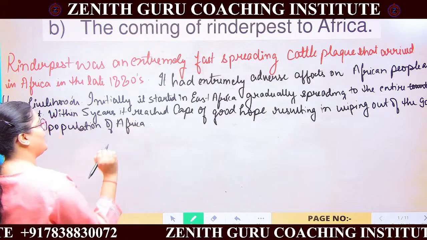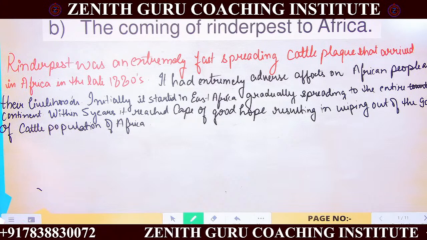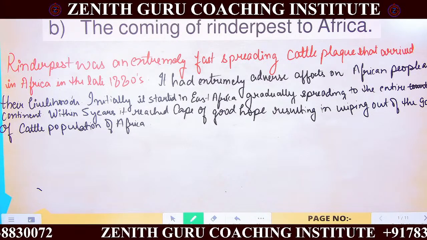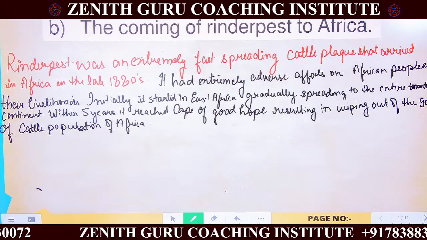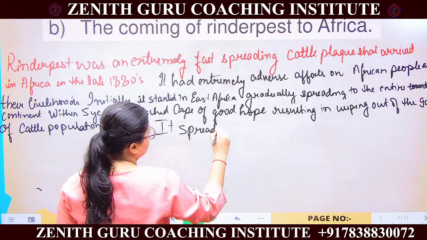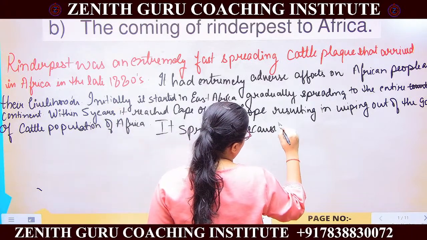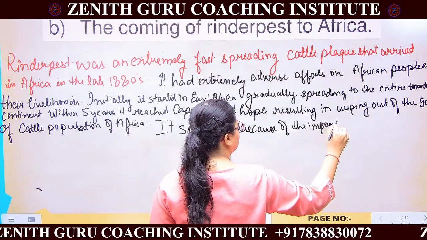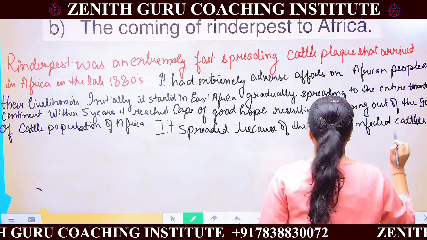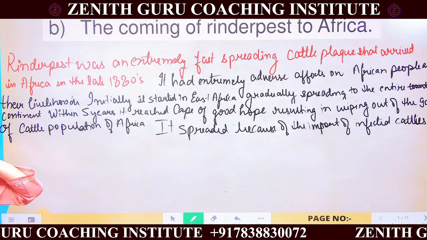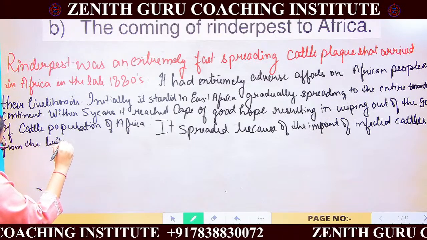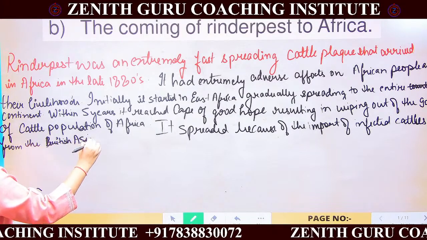Cattle population of Africa. ओके अब देखिए जो इन्फेक्टेड कैटल्स थी, ठीक है, उन्हें क्या किया जाता था, इंपोर्ट किया जाता था ब्रिटिश एशिया से इटालियन सोल्जर्स को फीड करने के लिए। It spread because of the import of infected cattle from the British Asia. Okay,